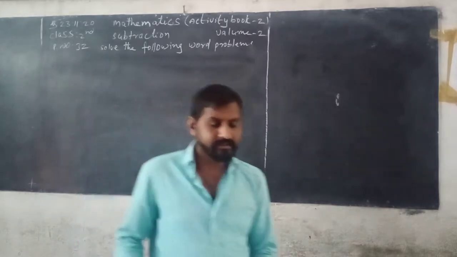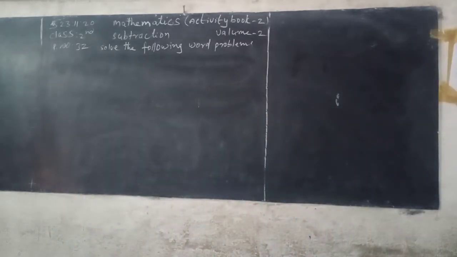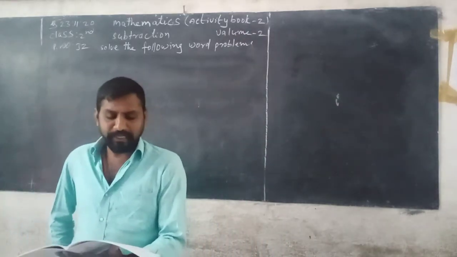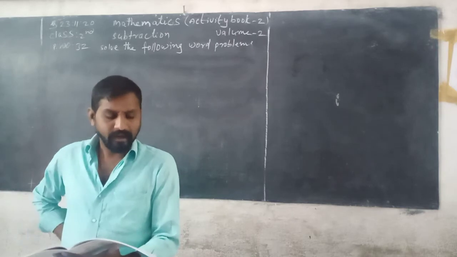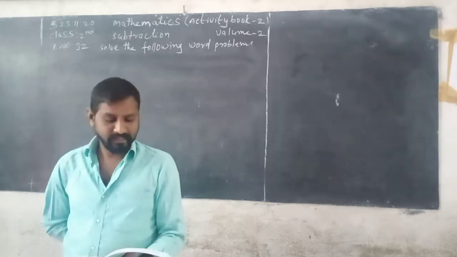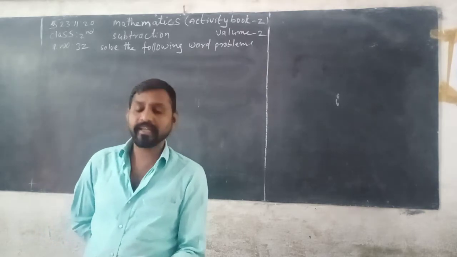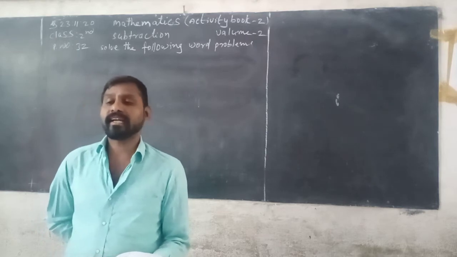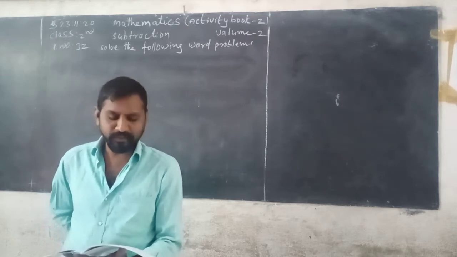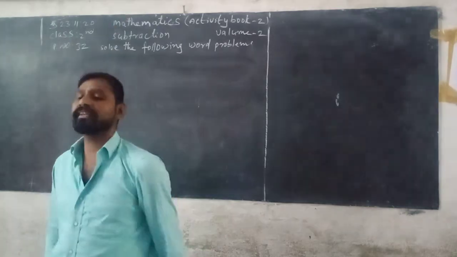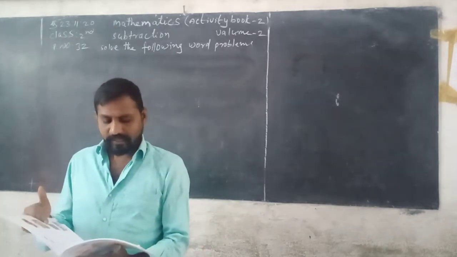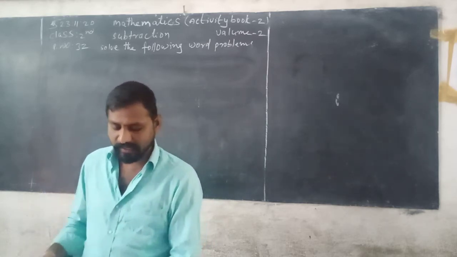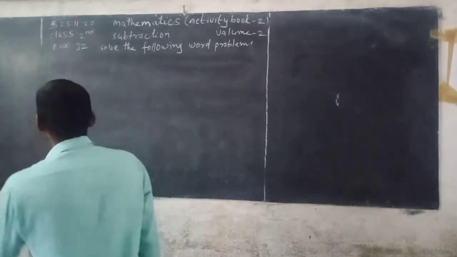There are 275 birds on a tree. Meet threw a stone at them. All birds flew away. How many birds are left on the tree? See here, how many birds are there on a tree? 275 birds. See here, Meet threw a stone at them. Now all flew away. See here, how many birds are left on the tree? This is very simple. Third one.